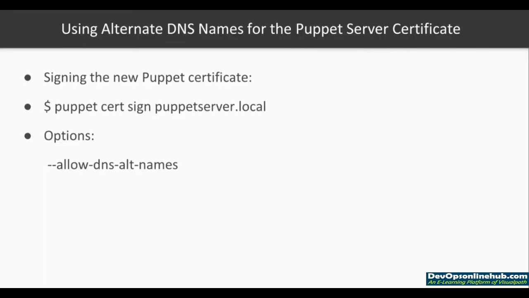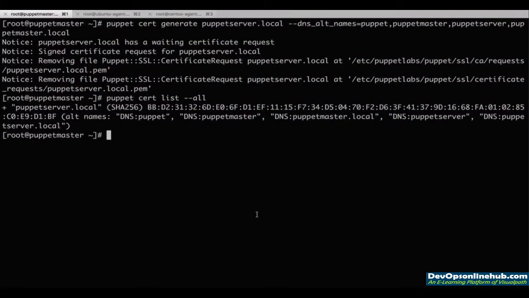If the certificate is not signed automatically, we will need to sign it manually by running the puppet cert sign puppetserver.local command along with the allowed DNS alt names option. Once the certificate is generated, we need to perform one last step. We need to add a couple of parameters to the puppet.conf file of the Puppet server. For this, we will need to